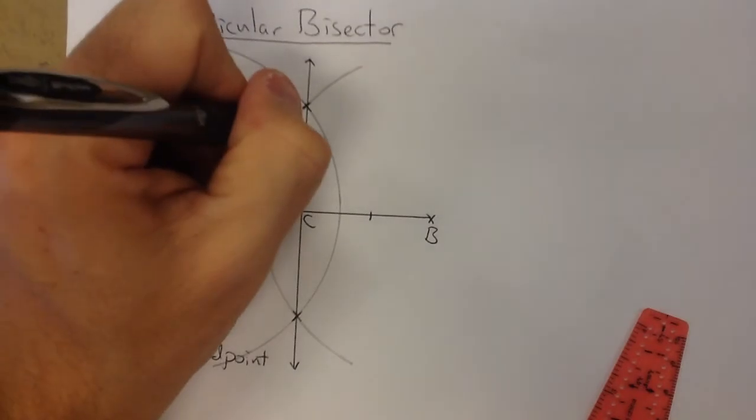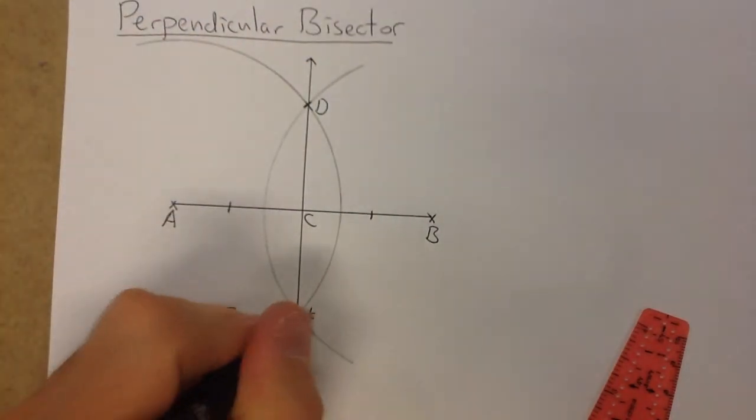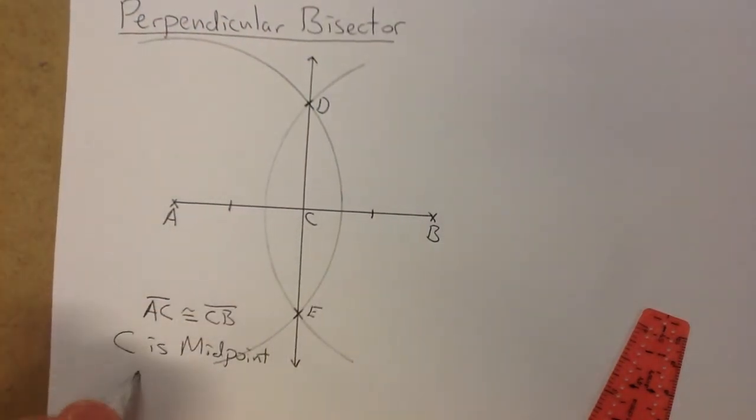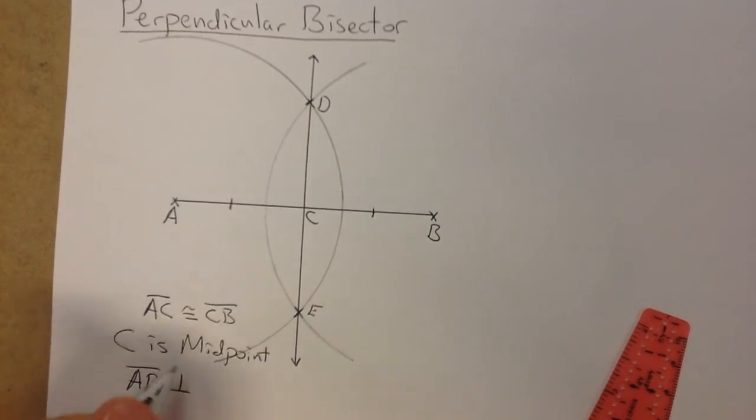And then we also know, let's just call this D and E, we also know that AB is perpendicular to D